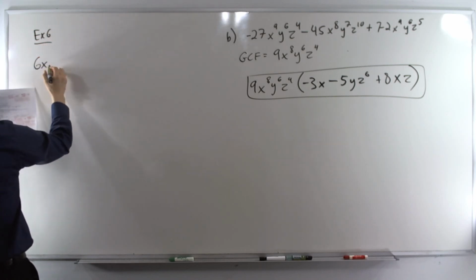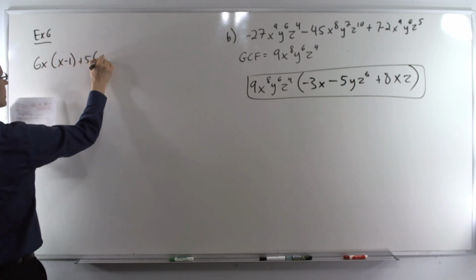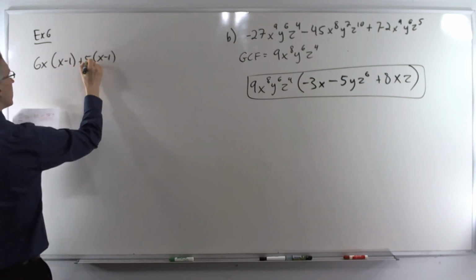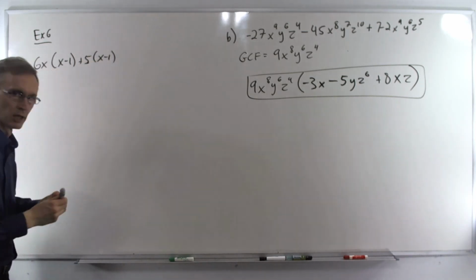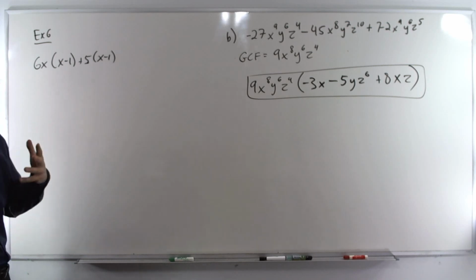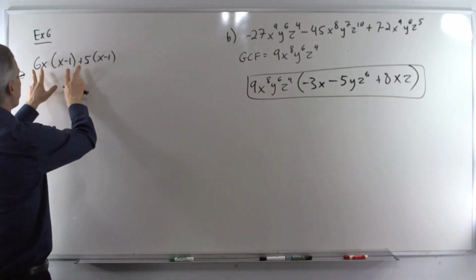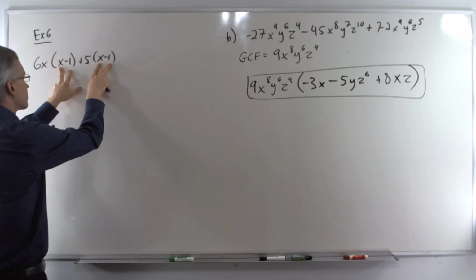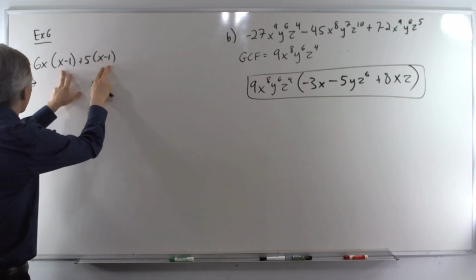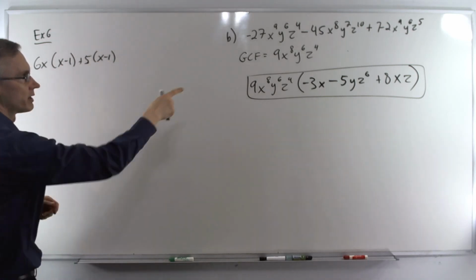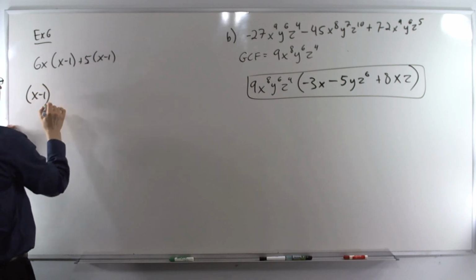So let's say we have an expression like this, 6x times x minus 1 plus 5 times x minus 1. So what factoring is, we're removing the things in common. So the one thing in common between these two terms is the binomial x minus 1. So we're going to remove that from these two monomials and move it out front, just like we did with the GCF over here. All right, so x minus 1 goes out in front,